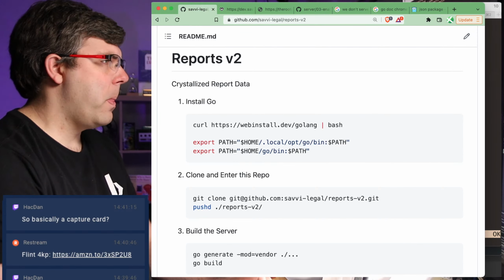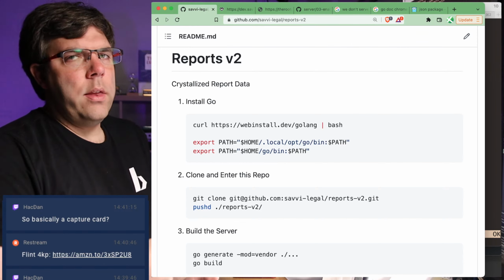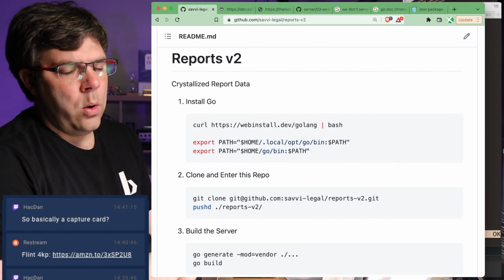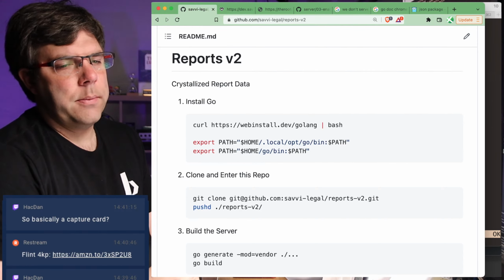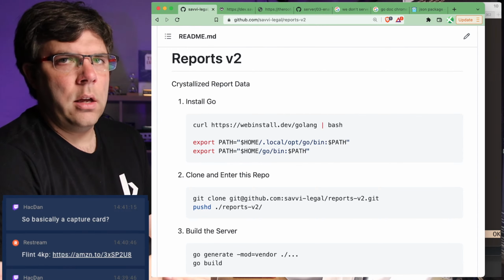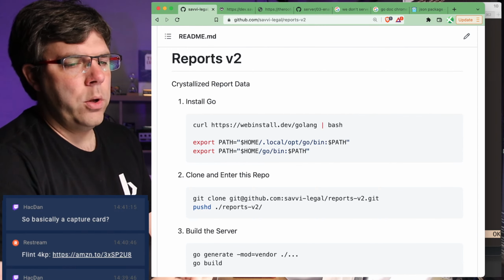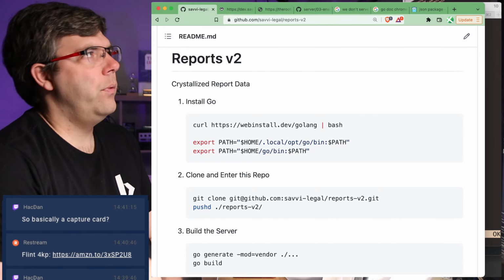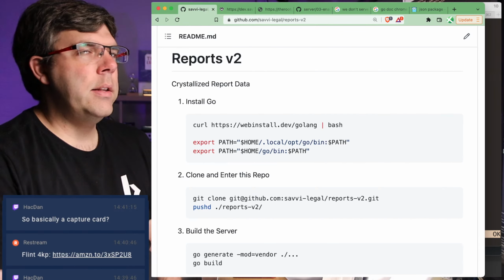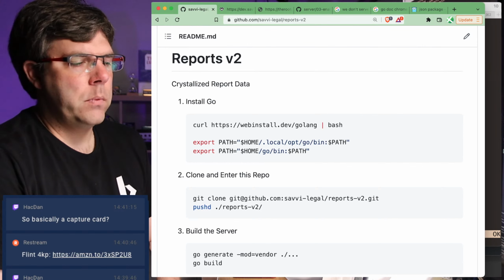Yeah, it's a capture card. The way that it works is that it will only accept certain frame rates that are gaming frame rates. It will not work with frame rates that are for cinema.